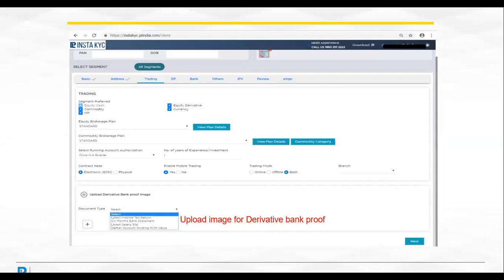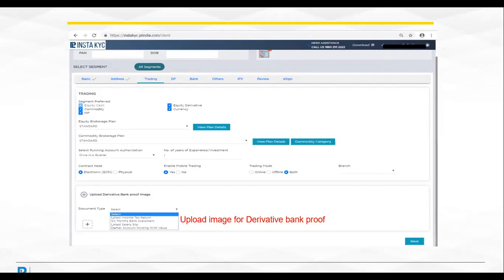The next segment is the DP segment. So do you want to open a DP account? Confirm the details for your DP, and then you can choose the depository name, that would be CDSL. SMS required, yes. And then you have to choose the account opening scheme, that can be any of these 5. That's super saver individual, gold deposit scheme, lifetime no AMC, economy deposit scheme, or standard POS individual.